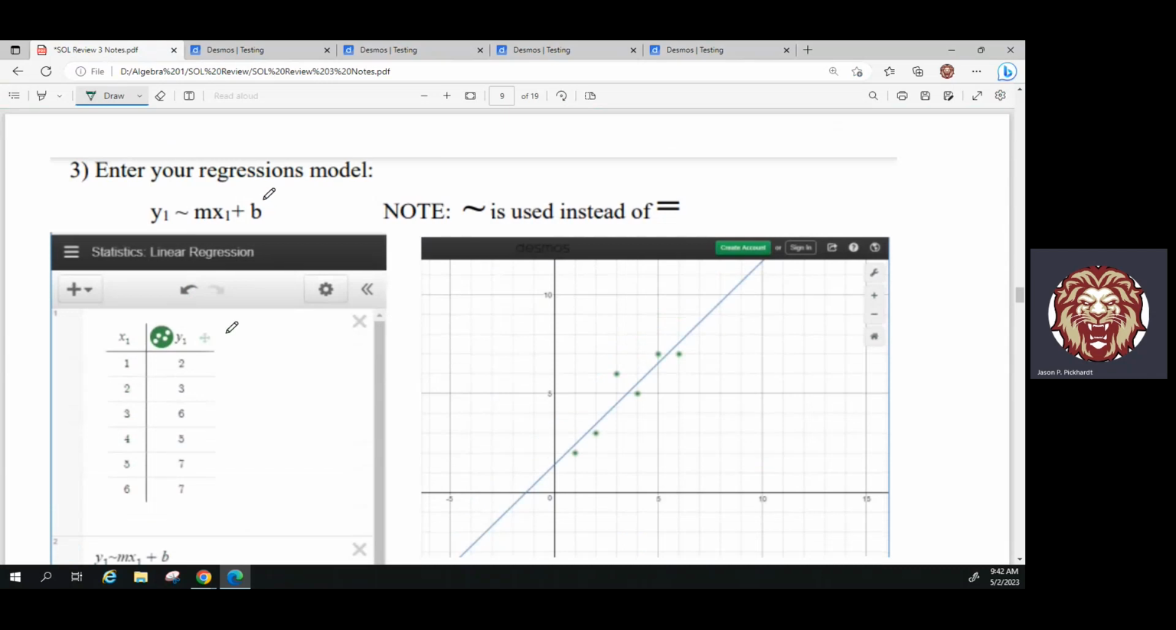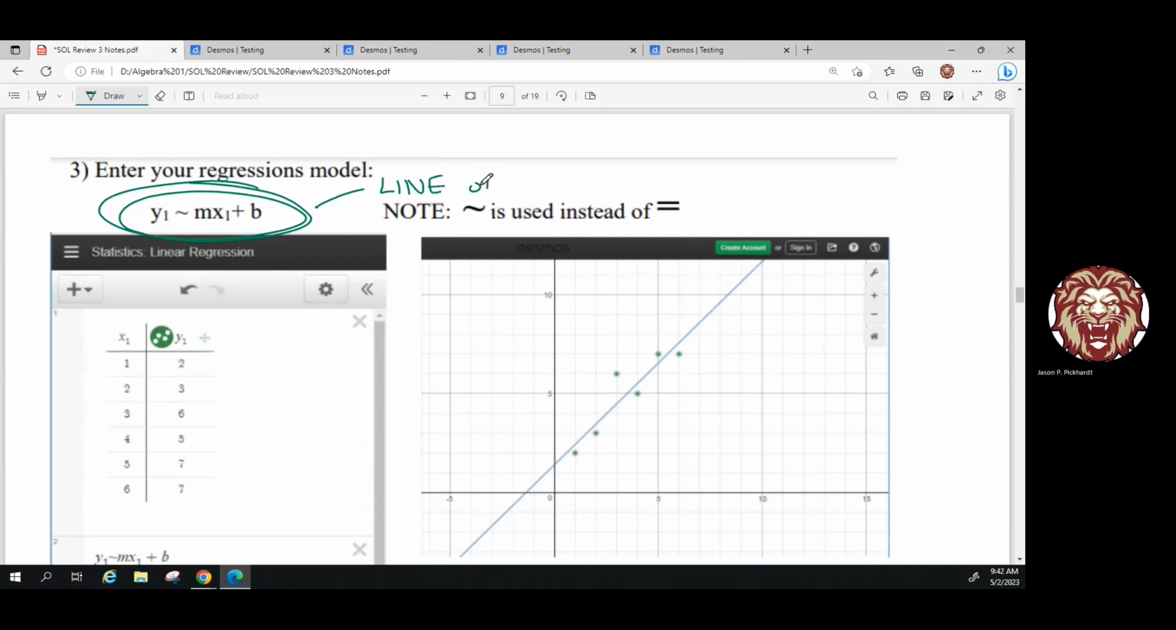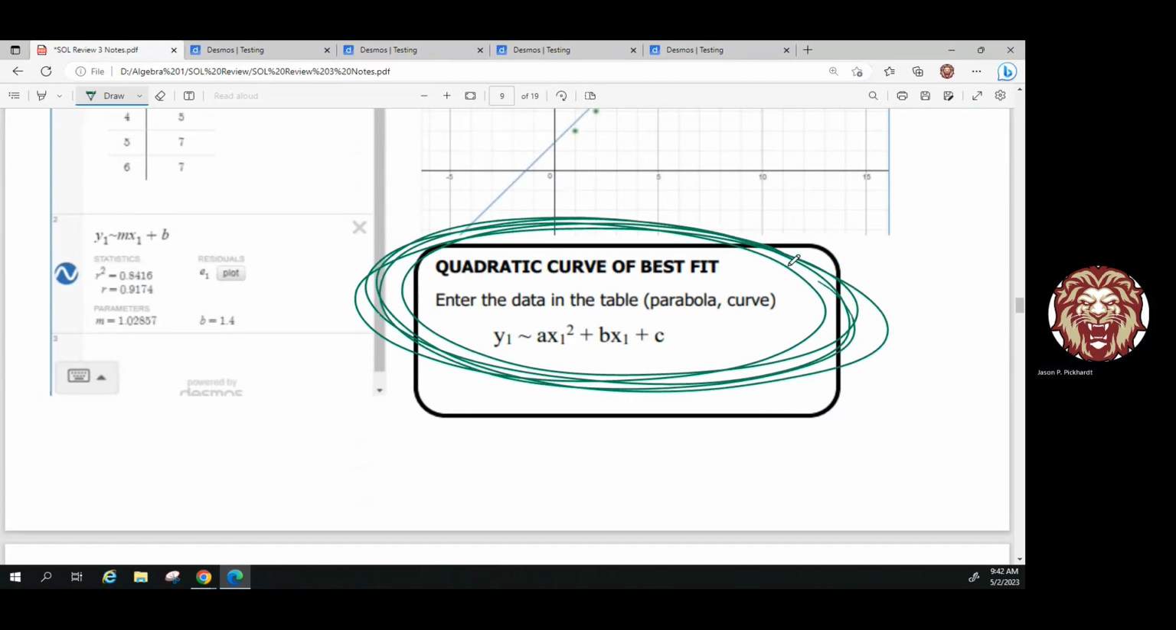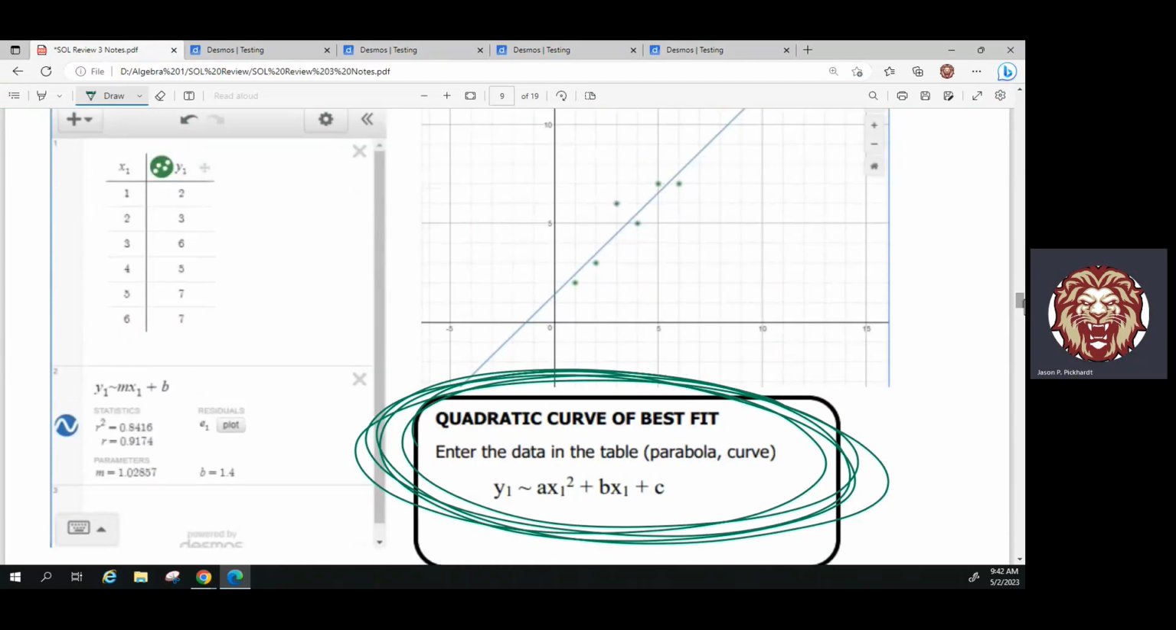We have these two special equations, this Y1, this is for the line of best fit. We've also talked about the quadratic curve of best fit. This changes a little bit. These are two things that you should memorize because you can use these for the test. And what these things are going to do is they're going to graph a line or a curve that's closest to the table of points that you put into